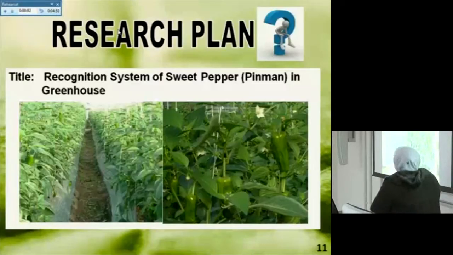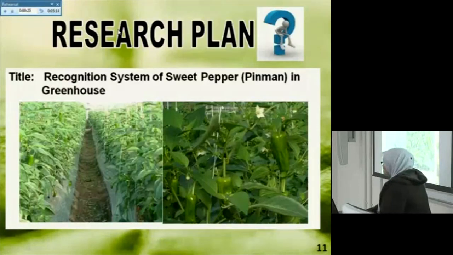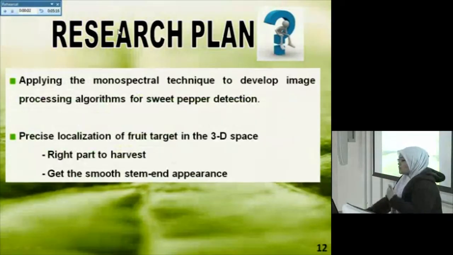Okay, for my research plan here, I'm considering doing a recognition system for sweet pepper in a greenhouse. As we know, the pepper is green in color. It is quite difficult to recognize the fruit in a green plant environment. I want to use the monospectral technique to develop an image processing algorithm for sweet pepper detection, because the monospectral technique can deal with the